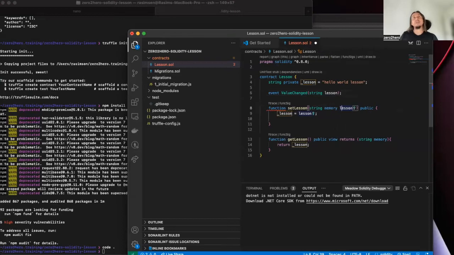That's enough for the notification. And then after the variable change, we will notify. We change it with this automatically. So